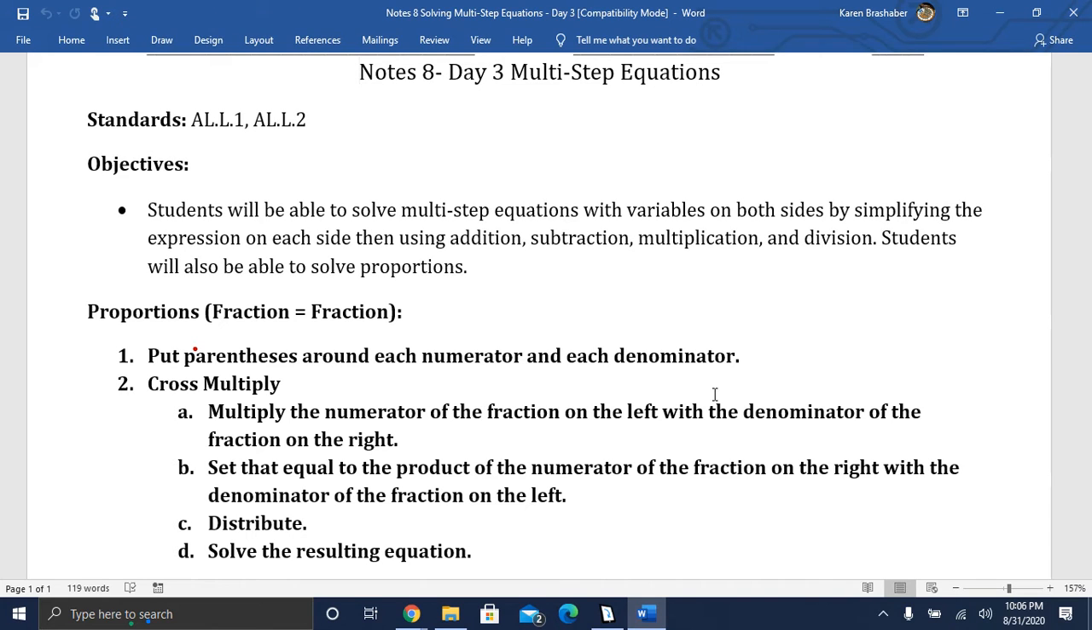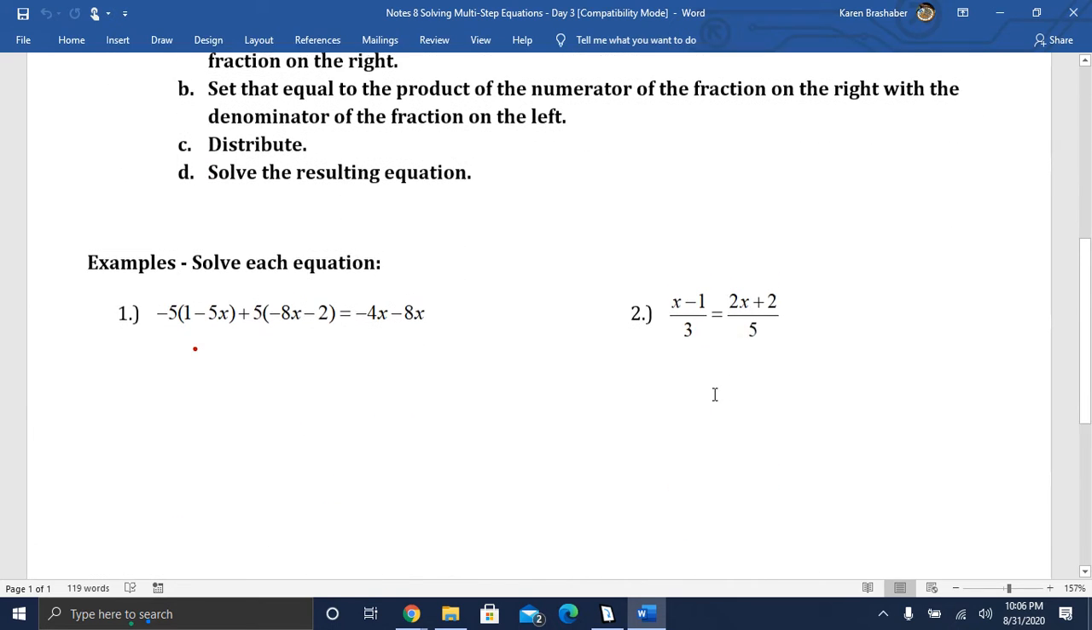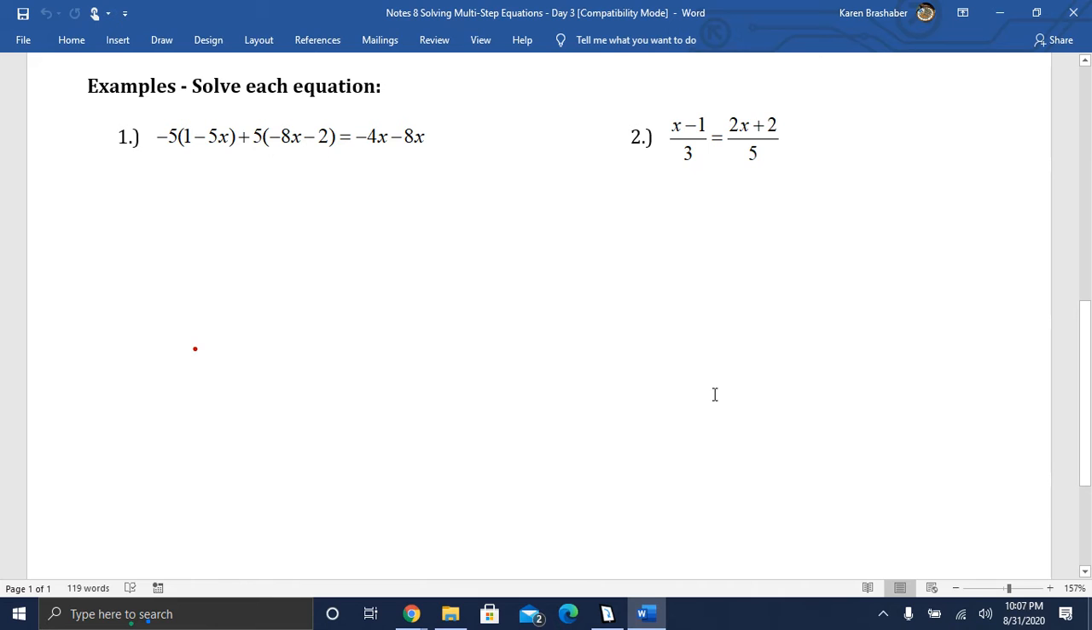Hello, students. Today we're going to just have a short set of notes on solving multi-step equations. I've got a couple of examples to show to you, and I'll do the first one, then we'll talk about the second one. On the first one, a review on removing parentheses, and just don't let all the parentheses be